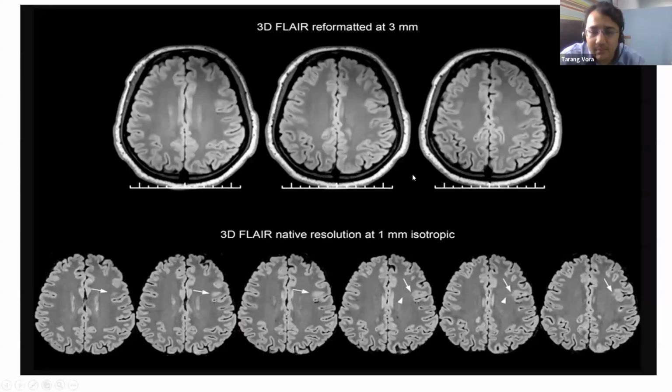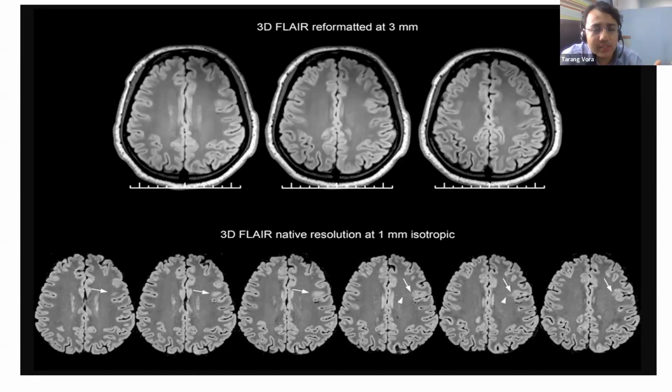When we reformat the images, we want to reformat them in the same 1 millimeter isotropic reformatting. If we reformat the 3D images in a 3 millimeter gap slice, we may miss the dysplasia. So it's necessary that the slices are very, very thin or have no gaps at all. It has to be a high quality 3D MRI.